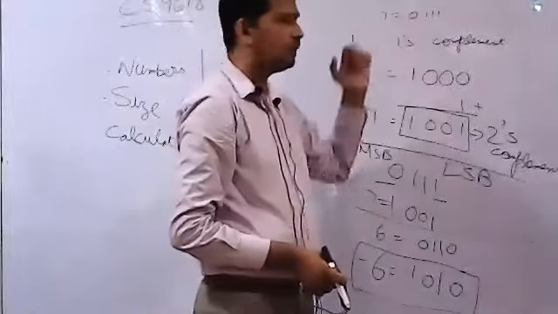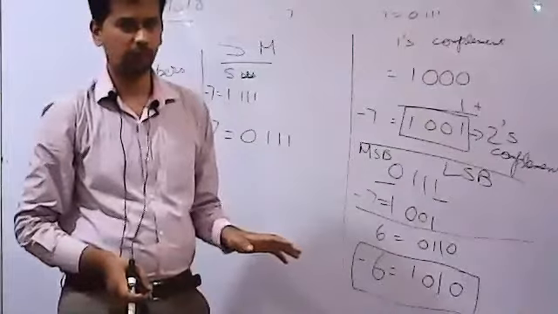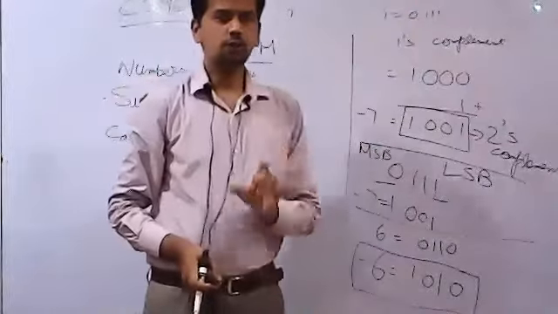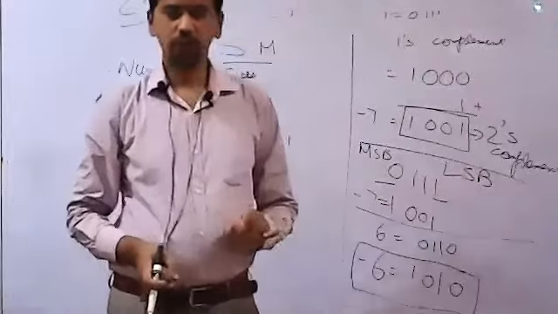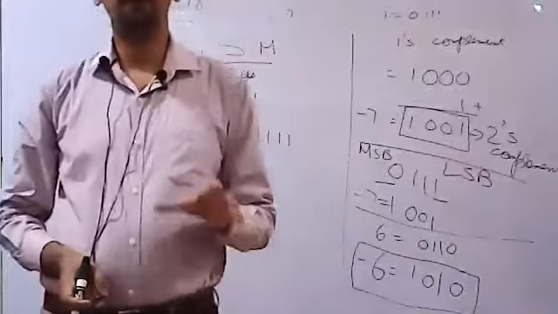Remember that positive values don't have their complement. You don't have to take the complement of the positive value. Positive values are stored in the computer as they are. You just need to see how many bits you are using. For example, you have to store every character in 8 bits.